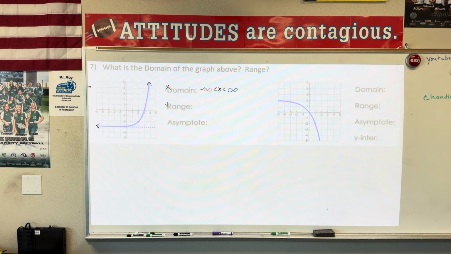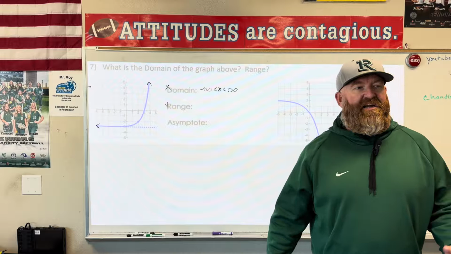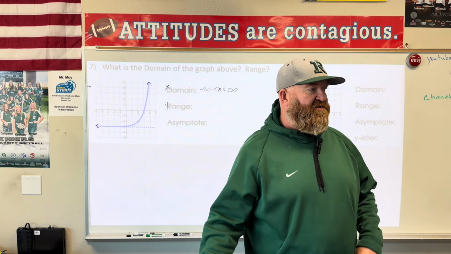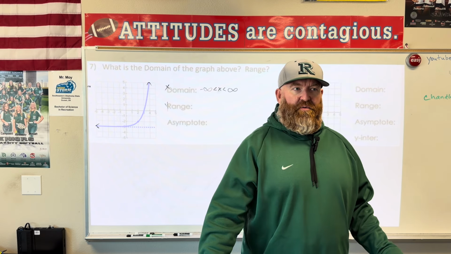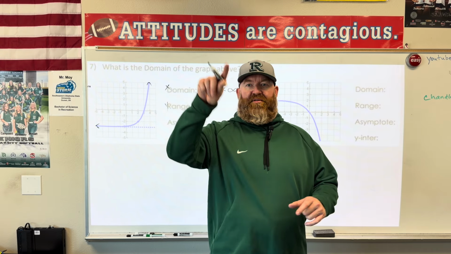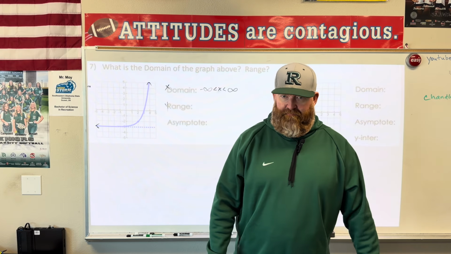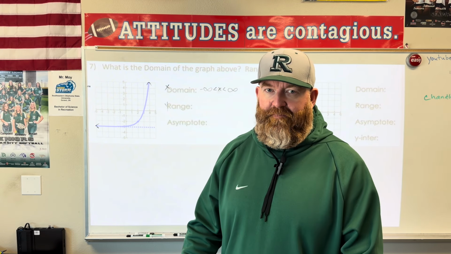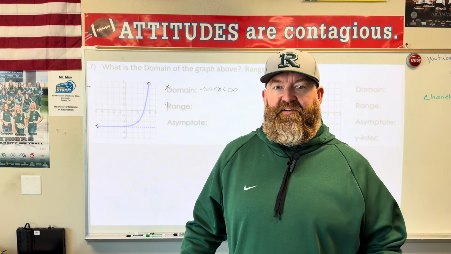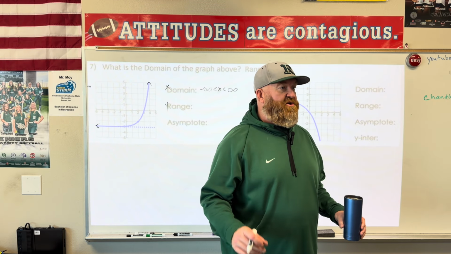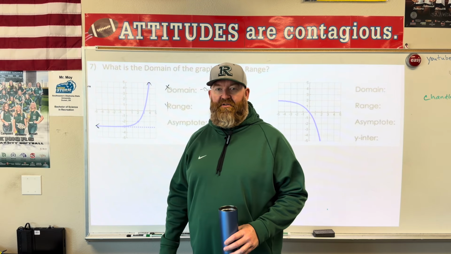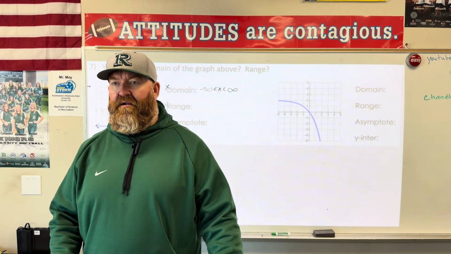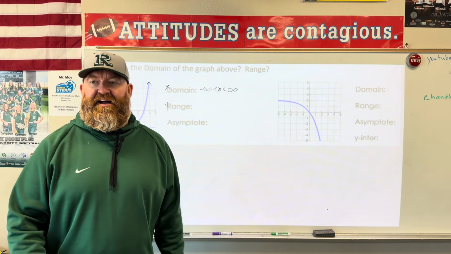Now, let's talk about range. Let me stop. Is everybody okay on domain? 99.9% of the time, your domain is going to be all real numbers, or negative infinity to positive infinity. That does not change. When we're talking about exponential growth, because your graph is going to be going left to right, it's always going to be infinite, until we get to like algebra 2. Everybody good? It's always going to be negative infinity to positive infinity. You should not miss that. Everybody with me? When we're talking about exponential growth, it's always going to be all real numbers, or negative to positive infinity. The only way you might miss it is if you choose y instead of x.